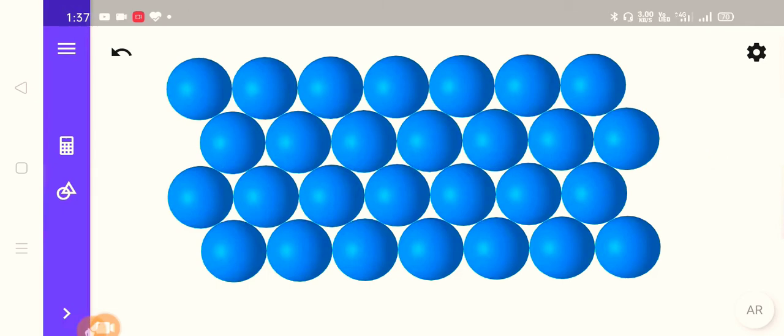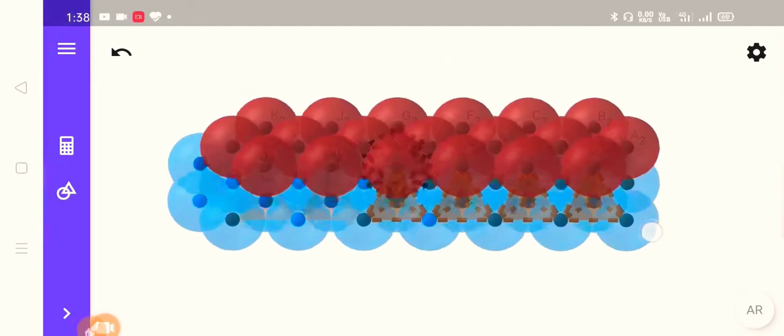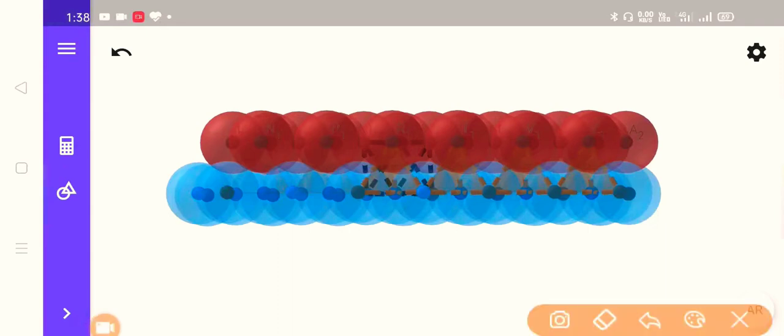So when we arrange the second layer on top of this first layer, we will arrange the second layer's spheres in the depression of the first layer's spheres, like this. Let us consider the bottom layer as layer A. That means this one is our first layer A, but the second layer is arranged slightly different.